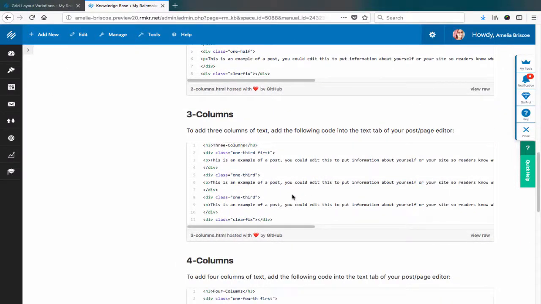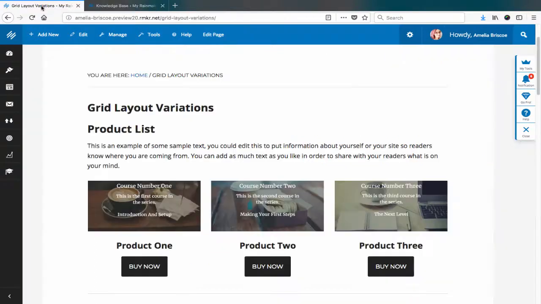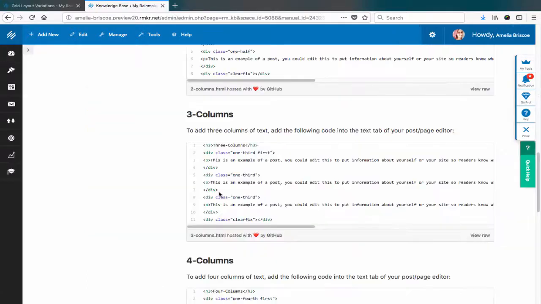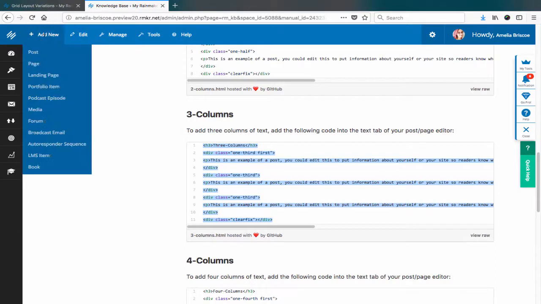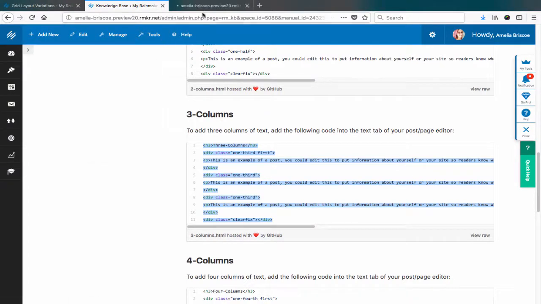So all we need to do is grab this code and pop it into the text tab when we're creating our content. So the first one we're going to do is I'm going to show you how to create a 3-column layout, and we're going to put in an image that's going to be clickable to a product. So let's grab this entire code here,